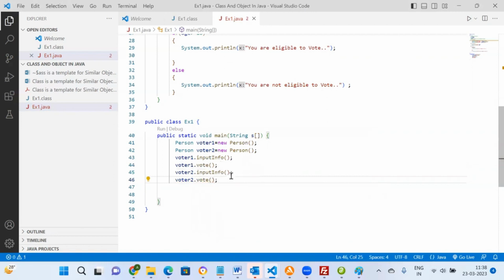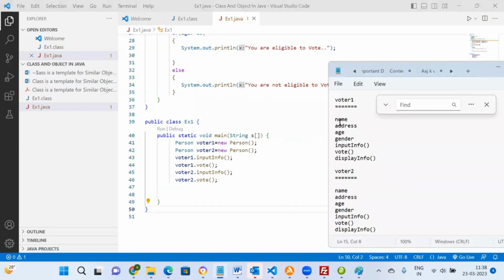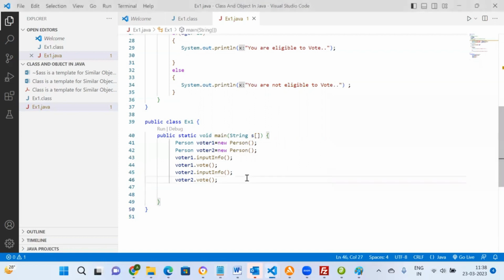अब हम लोग इस प्रोग्राम को रन करते हैं। हमारे पास दो ऑब्जेक्ट है जिसका इंफॉर्मेशन यूजर से गैदर किया जाएगा। उसके बाद ये प्रोग्राम चेक करेगा कि वोट कर सकता है कि नहीं। वोटर 1 और वोटर 2 दोनों का इस तरह से हम लोग का काम हो सकता है। अब हम लोग इस प्रोग्राम को विल रन टू सी द आउटपुट।